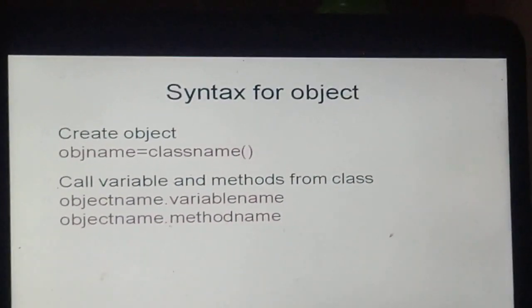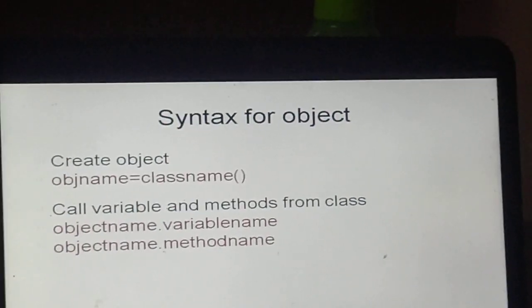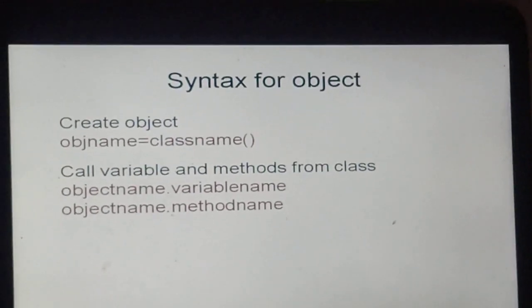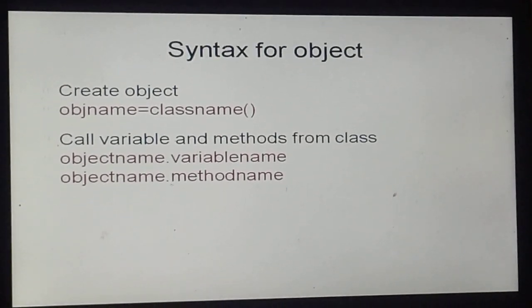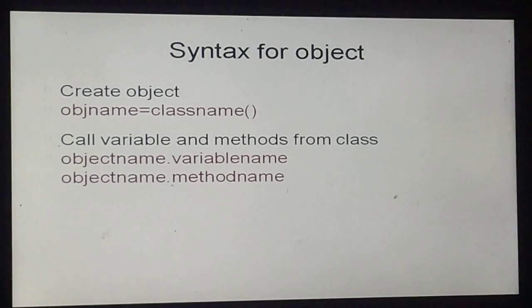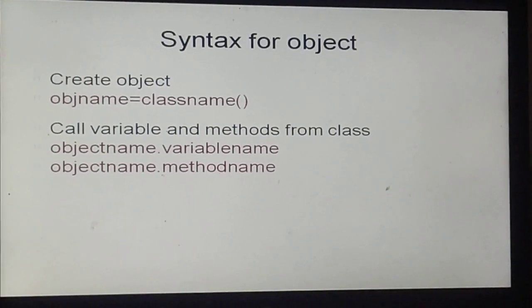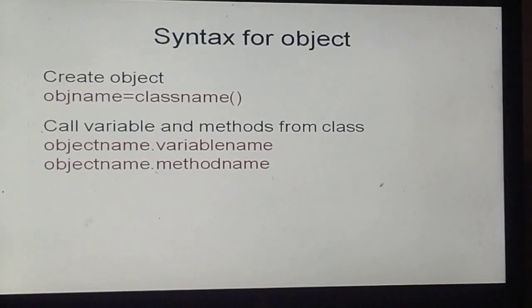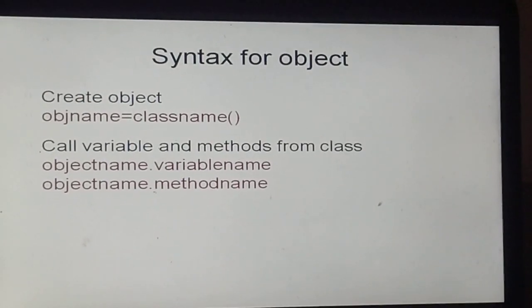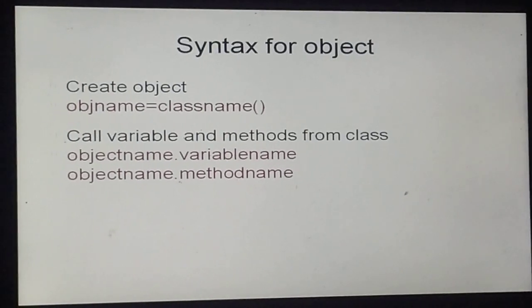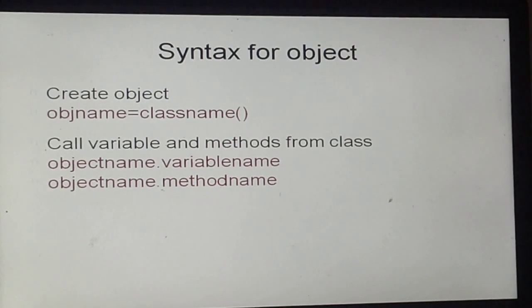So let's discuss what an object is and how we are going to create an object. An object is nothing but a real world entity in Python. Everything in Python is an object, and almost everything has attributes and methods. Once a class is defined, the next job is to create an object of that class. So once you have defined the class, the second thing you need to do is immediately create the object of that class. The object can then access the class variables and class methods by using the dot operator.